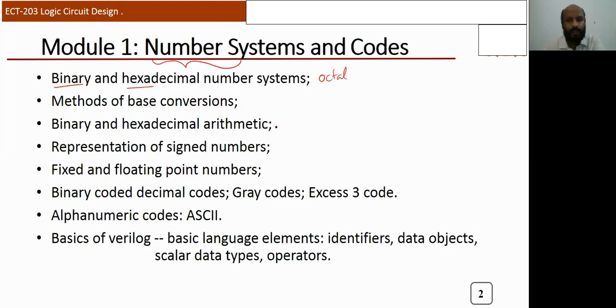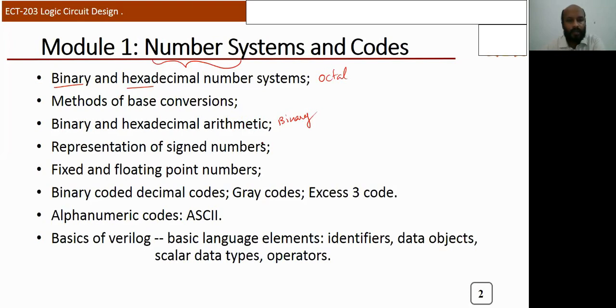So after that, we will discuss the basic mathematical operations, like addition and subtraction, and how we can perform them on another number system, mainly in binary. How we can perform these operations on binary.